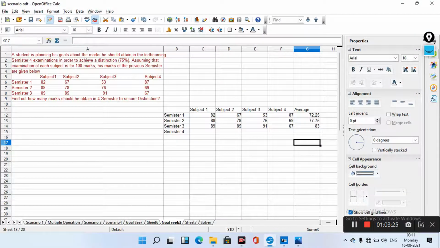If you get the one average, then you can drag and drop, you'll get this 2 average. And now in the 4th semester, average enter 0,